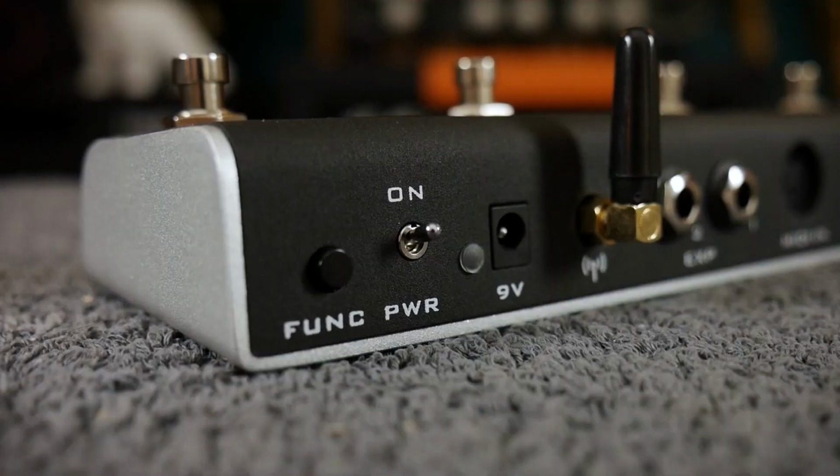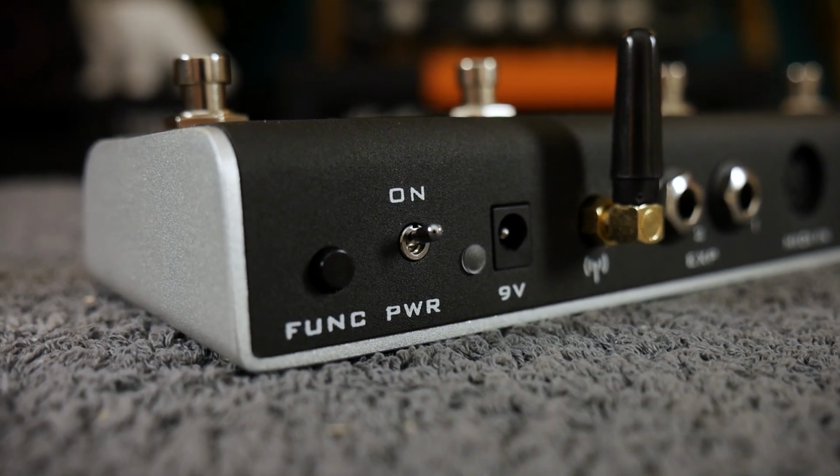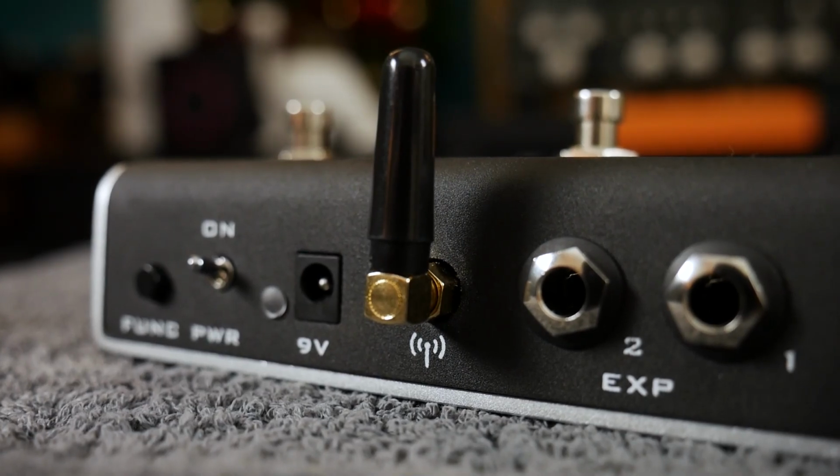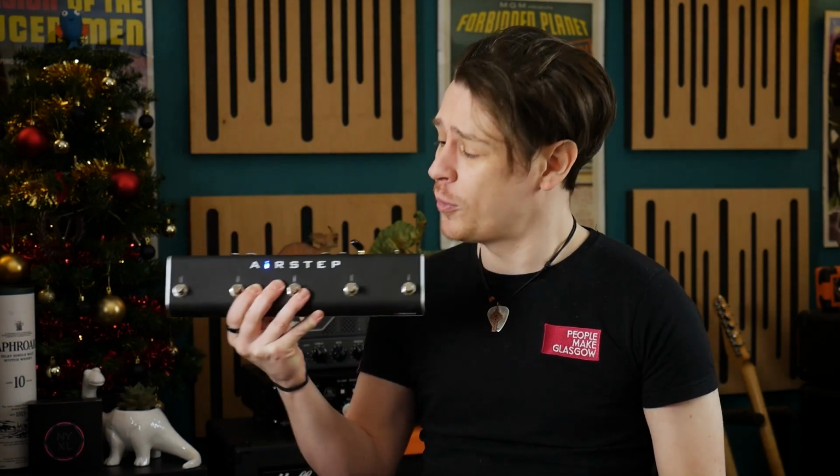We've got 9V in if you're using this with your standard pedal board, we've got a USB if you're using it with computers, and an internal rechargeable battery with 300 hours of battery life. Combine that with the Bluetooth antennae to connect this wirelessly to tablets, PCs, and Macs, and you can operate this without a single cable. It's got a 30 meter or 100-foot range, so it doesn't matter how big your stage